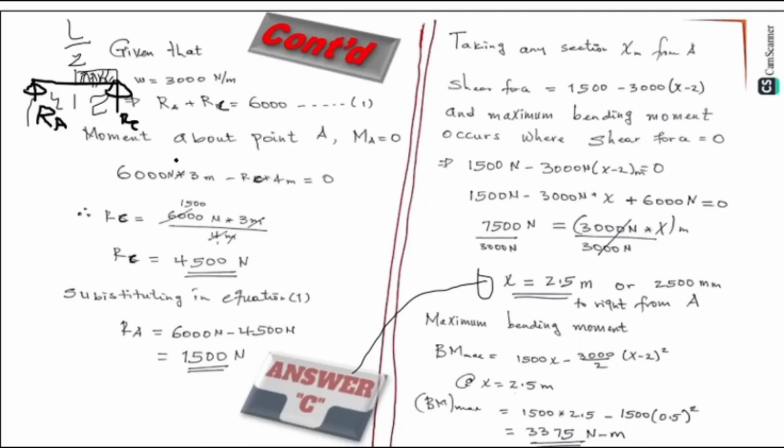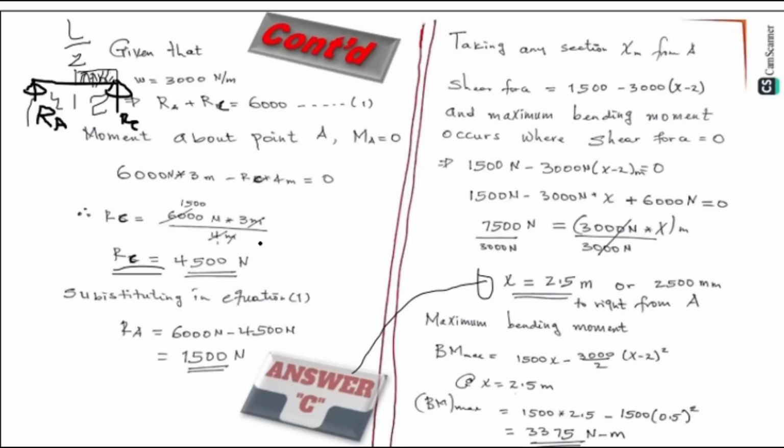When we sum up this, there is 3 meter. So 6000 Newton times 3 meter minus RC times, from this to this, which is 2 meter plus 2 meter, which is 4 meter, is equal to 0. And when we arrange these values, this part by 4, and this part by 4, 1500, and times 3, which is